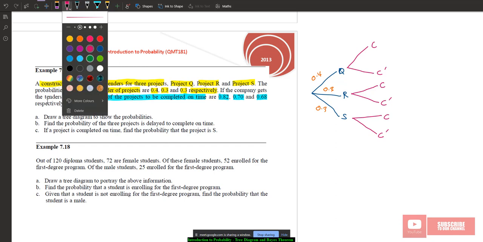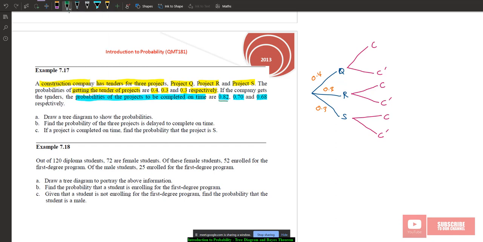So the probability value here is 0.82 completed on time for Q. So the complement should be equal to 0.18, and the total should be equal to 1, right? For R, the probability of being completed on time is 0.70, and this is 0.30. And for S, completed on time is 0.68, not completed on time, the complement, is